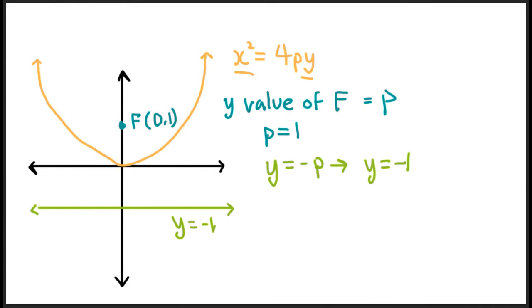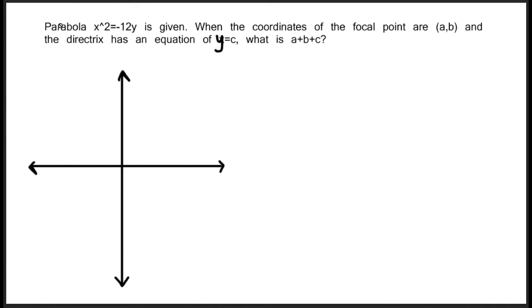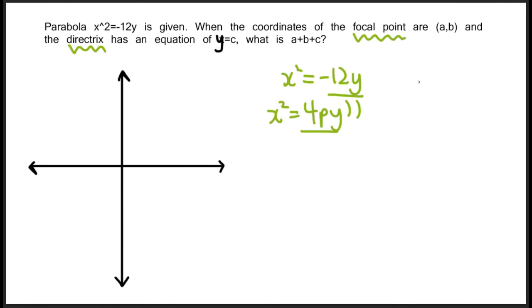So let's go on to some practice questions. One practice question, really, because that's all I have. Parabola x squared equals minus 12y is given. When the coordinates of the focal point are (a, b), and the directrix has the equation y equals c, what is a plus b plus c? So they want us to find first the focal point and then the directrix. Well, we know that the equation of a vertical opening parabola is normally x squared equals 4py, right? So if you say that these two are equal to each other,